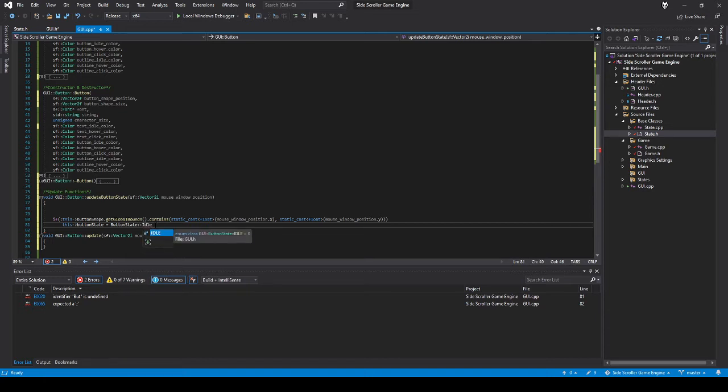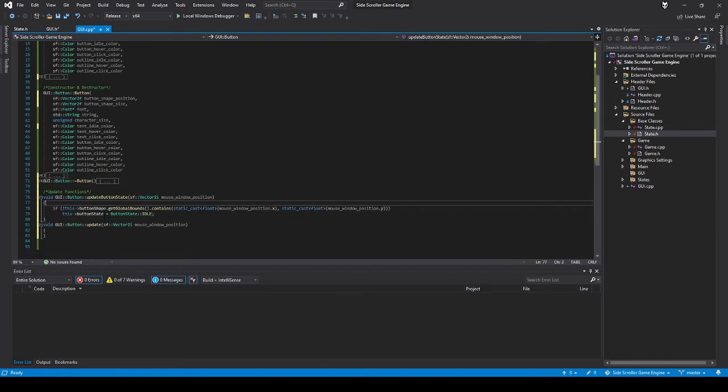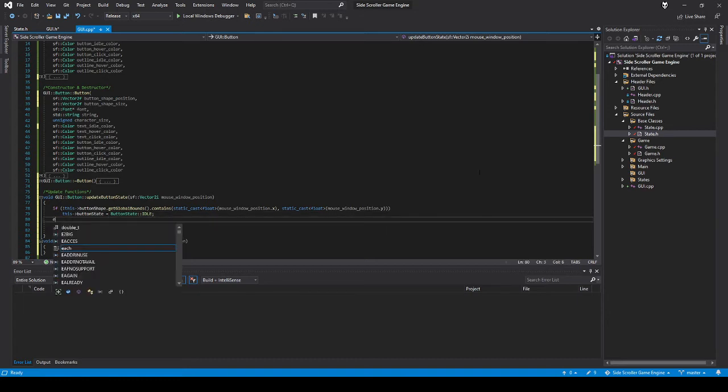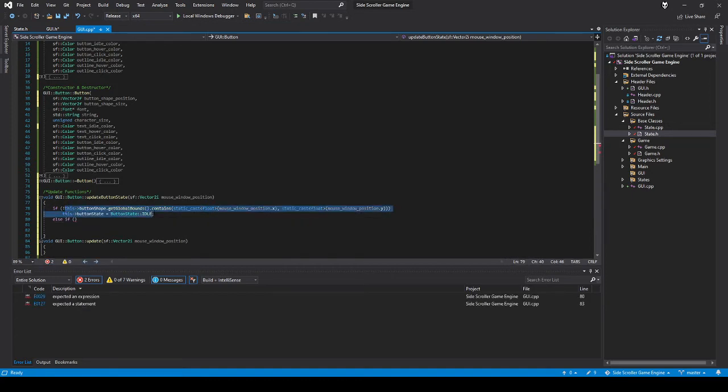idle. Now you could have just made this a basic enum and just put idle here, but you'll get a lot less warning errors if you make it a class and include this. In Code::Blocks, you may have issues with this, so you may just have to make this a normal enum, and then all you would have to put is idle. So if you have issues with that, just a heads up. Else, if this does contain this, then this will be hover,